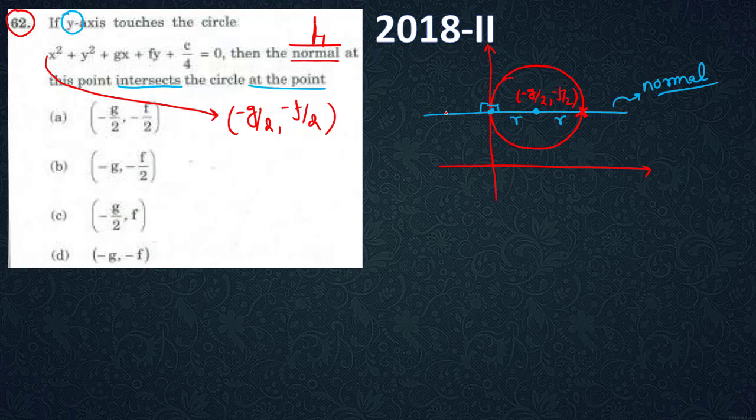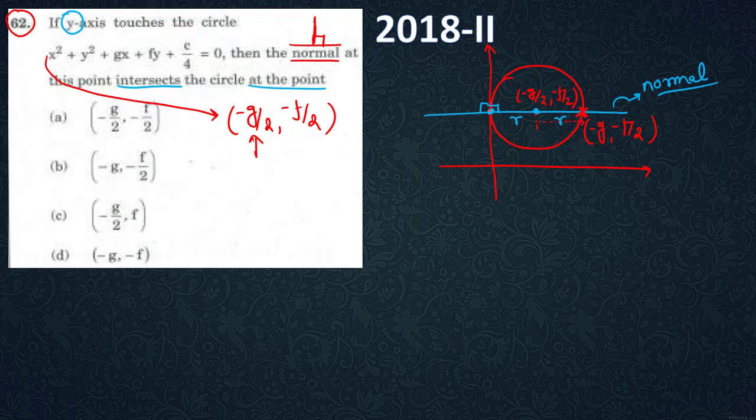Now you are moving along the x axis. If this is parallel to the x axis, then definitely the y parameter of its coordinate will remain the same. It is minus f by 2, so that remains the same. Then what is the distance you are moving? You are moving r distance from this center. But what is r? It is nothing but the x coordinate of the center, which is again minus g by 2. So minus g by 2 minus g by 2 comes to what? It is minus g, isn't it?